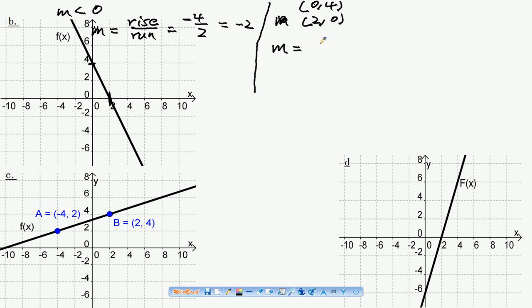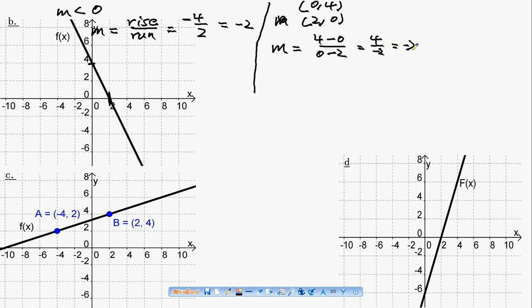m will equal 4 minus 0, divided by 0 minus 2, which is 4 divided by minus 2, which is minus 2. Okay, either way, the gradient is a negative number, which means it is correct. So we have